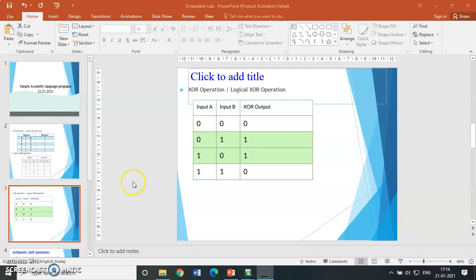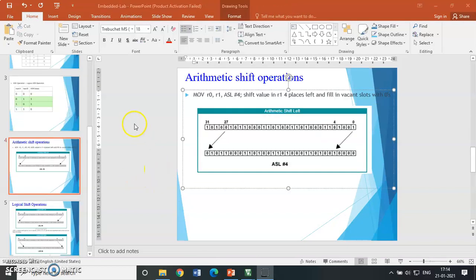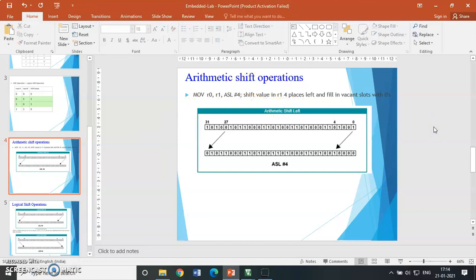So next we'll go for the shift operations. This is the first one, arithmetic shift left. You are familiar with the theory part. I have just given one example for easy understanding. The instruction will be MOV R0, R1, ASL, where ASL is arithmetic shift left, and how many shifts should be produced will be given here.